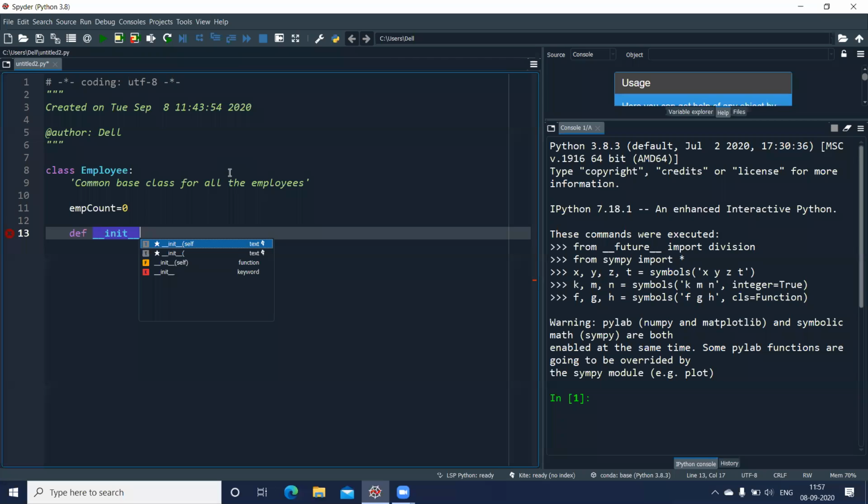And if you write it, the constructor which you are writing will now override the inbuilt constructor. The inbuilt constructor gets executed whenever you create an object, whereas you can make a call to the user-defined constructor. So this becomes my user-defined constructor because I'm writing the code for it.